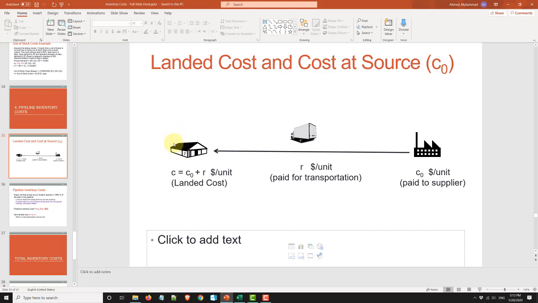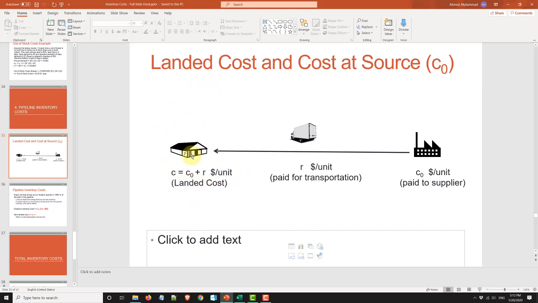Okay, it could be a warehouse, could be a retail store, could be anything like that. And so we're going to do this for a simple setup. Now obviously if you have multiple suppliers, you can use the formula multiple times to calculate total cost for each SKU that you get from each supplier. So you can always apply this formula many times to each SKU for each supplier, and get the inventory cost